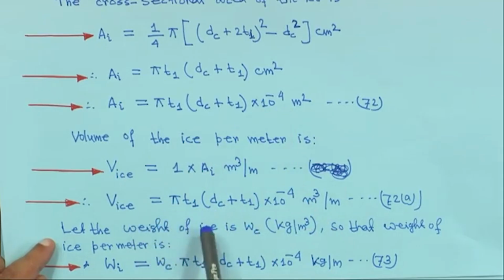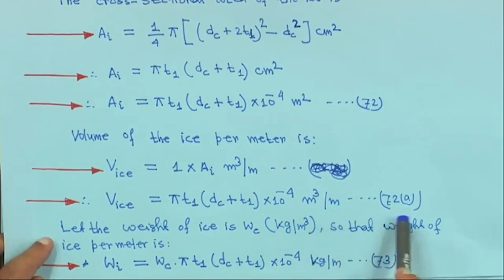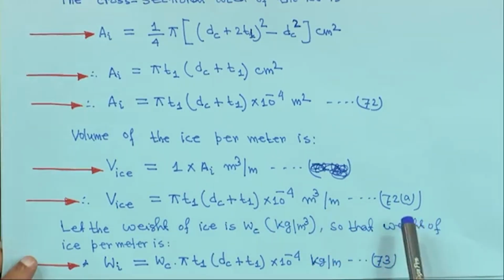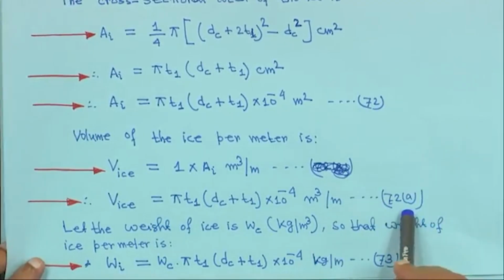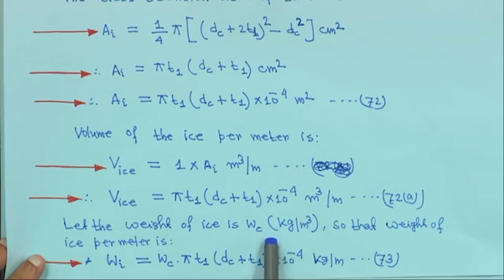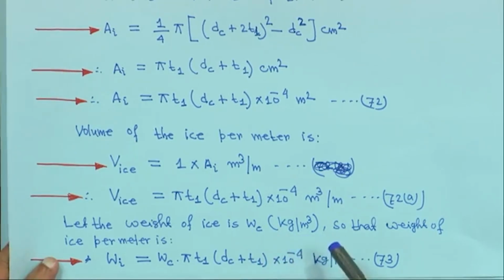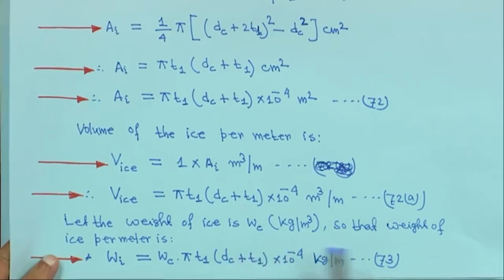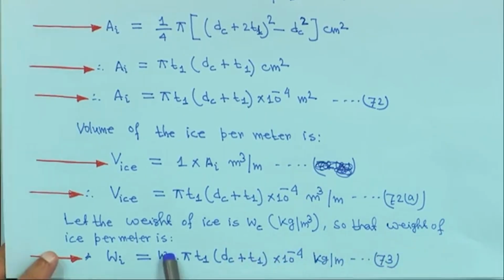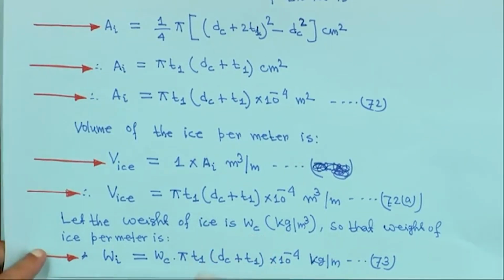So, V ice will be pi T1 (d c plus T1) into 10 to the minus 4 meter cube per meter of the conductor. This is equation 72 and this is 72a. Now, let the weight of the ice be W c kg per meter cube. So, that is the weight of the ice per meter, because we have considered 1 meter length of conductor and the corresponding ice